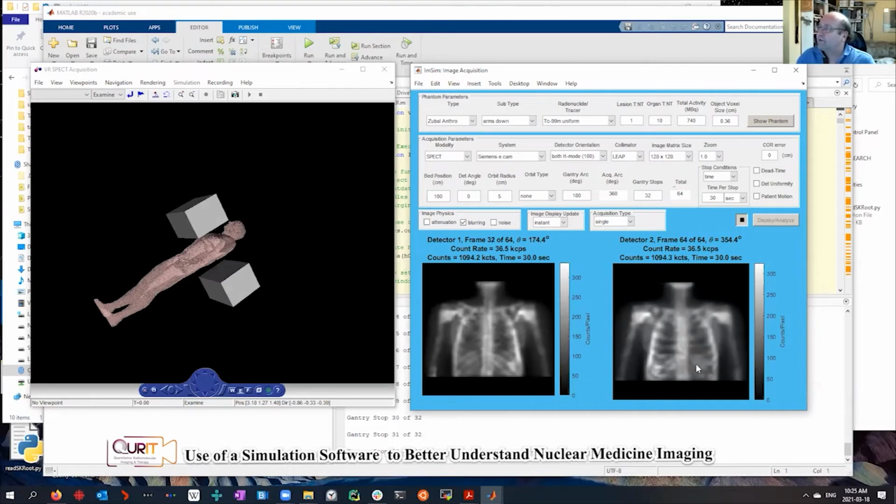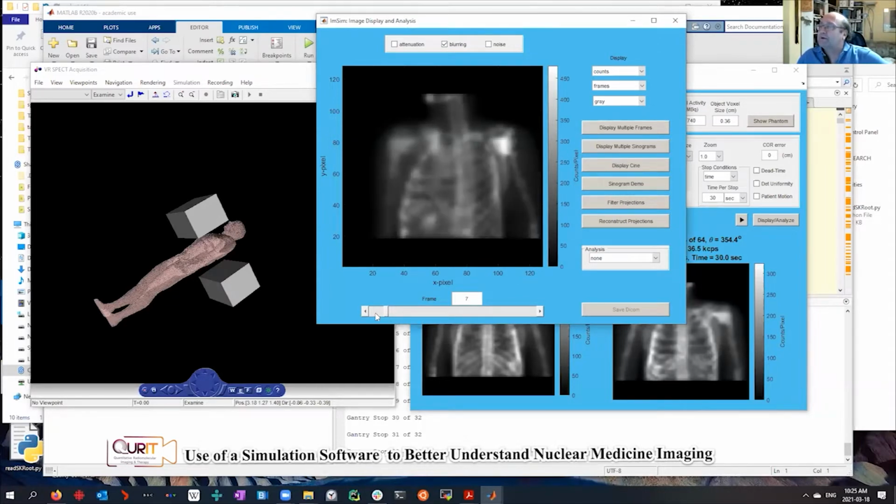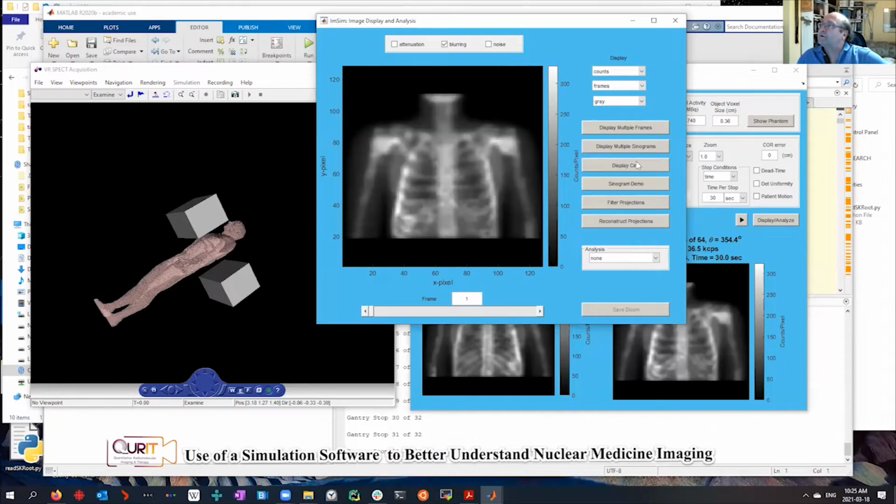So I'm not going to go through all those. I just want to get to the SPECT part, the reconstruction part. So here's our data set. Here are the different frames. We can often view this in SPECT by making a movie of showing one frame after the other,